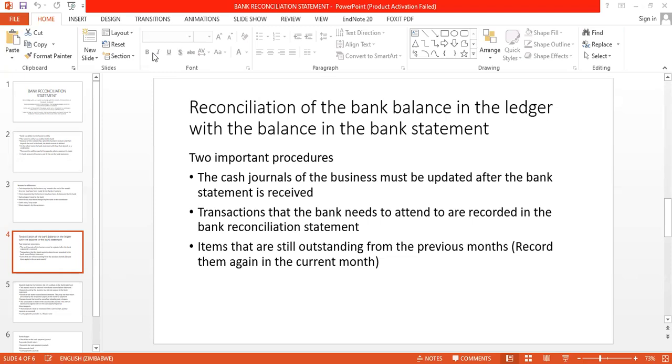And after updating the cash book, whatever is not ticked in the bank statement or in the cash book, those issues, we need to deal with them. But normally, all items in the bank statement should be updated to the cash book. And then